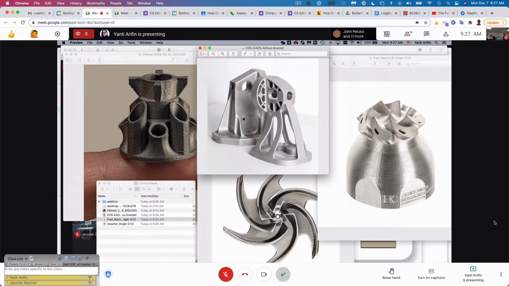Now there's also software that uses what's called biomimicry. For example, Desktop Metal has a software called Live Parts, which is a way to design a part not by actually drawing it, but by telling the software what the keep-out parts are, how much weight it has to carry, how much pressure it has to bear, and then the software will form the part for you. And often what the software does is, I'll show you,